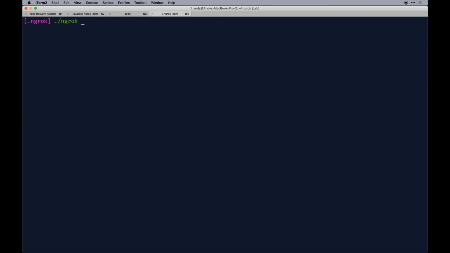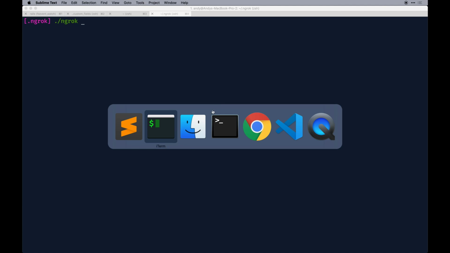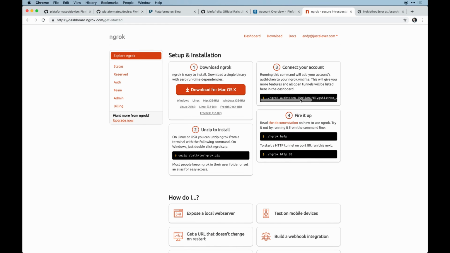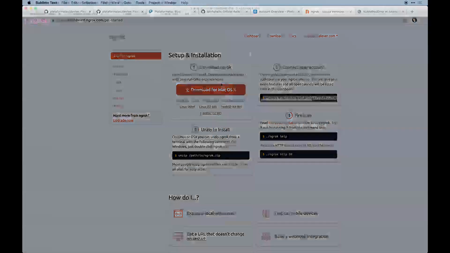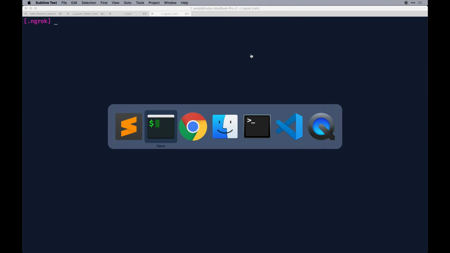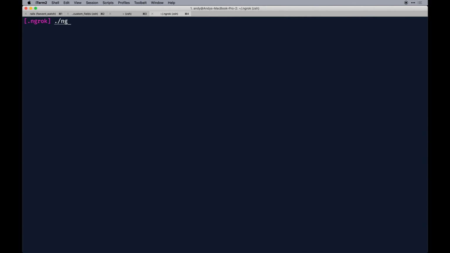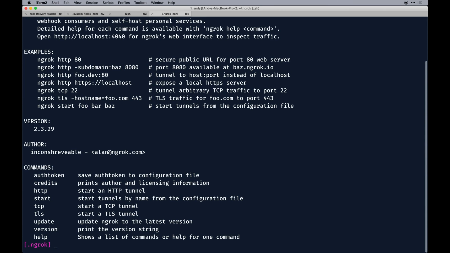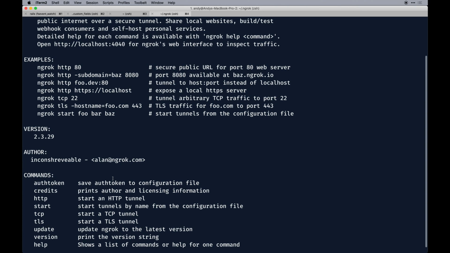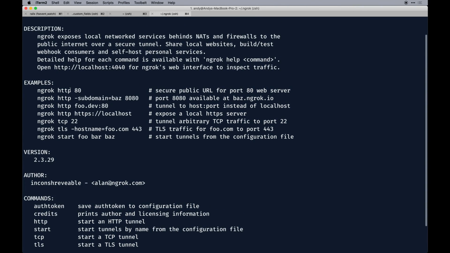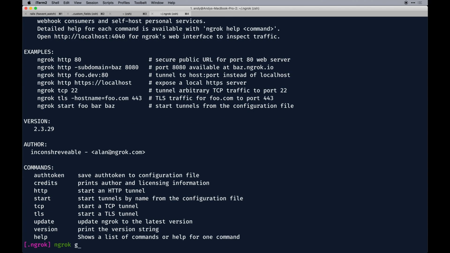And then we need to run our authentication. So if you go to your account and grab an auth token, I'll just copy and paste mine. And then finally, we can run an ngrok server. If you want to see more about what you can do with this, run ngrok help and you get more stuff here. But it might make sense to just go ahead and run a port so you can see the point of all this. So if you say ngrok HTTP